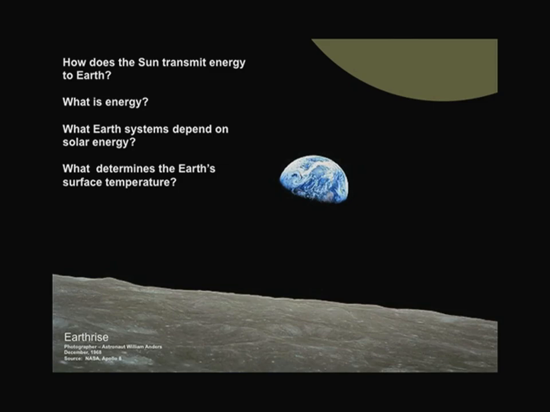What kind of systems depend on the sun's energy on Earth? How important is it? We see on the picture of the Earth the circulation of water in the atmosphere. Just nearly everything. Now, there are a few things that are not driven by the sun's energy: plate tectonics, geothermal energy, and tides. But everything else, the motion of the air, the motion of the ocean currents, nearly all living things on Earth are fueled by the sun's energy if you back it up all the way. That means even the electricity that we use in many cases is fueled by the sun's energy. So starting with the sun's energy tells us a lot about systems.